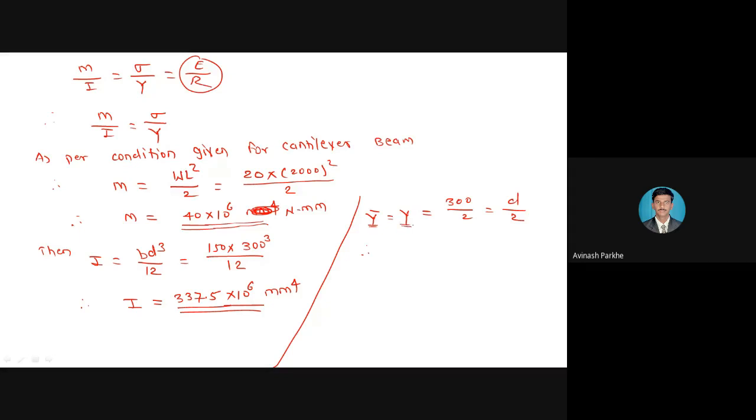If we were calculating the horizontal distance, then we could take X or X bar. But here we are calculating vertical distance, therefore we have taken Y, and we always represent Y as the vertical direction. Therefore, capital Y is equal to 150 mm. So now the M is calculated from the standard case. Moment of inertia we have calculated by using the rectangular formula, and Y or Y bar also we have calculated. Now use our main formula once again: M upon I is equal to sigma upon y.